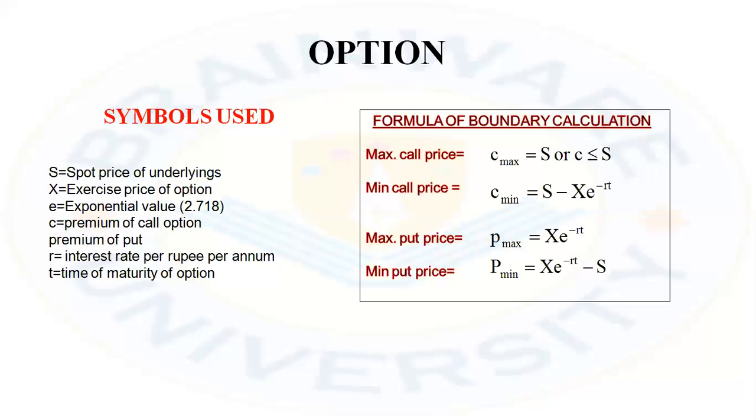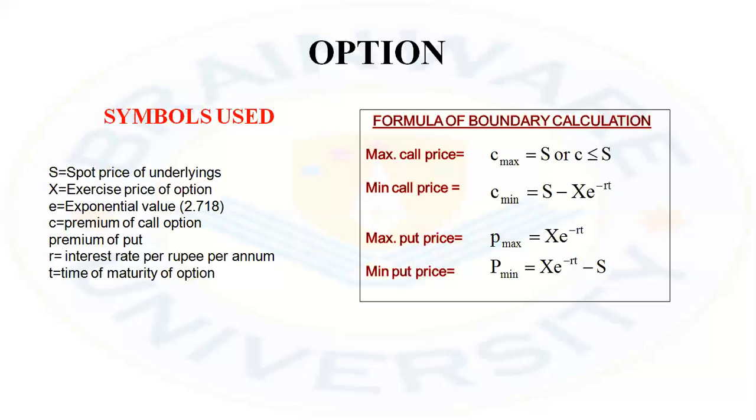Hence, we can say that the minimum call price will be Cmin is equal to S minus X into e to the power minus rt. Now we are moving to maximum and minimum put price. The maximum put price, we have mentioned, is the exercise price. The exercise price or strike price